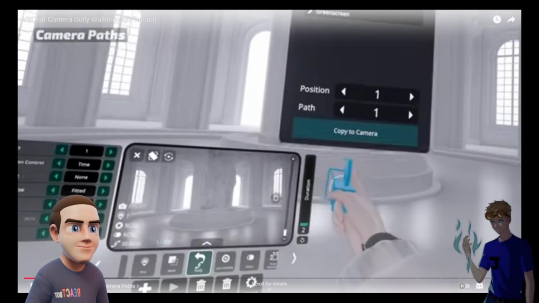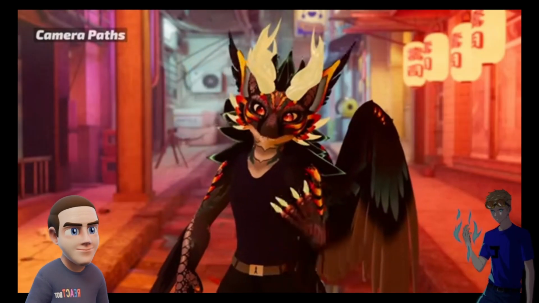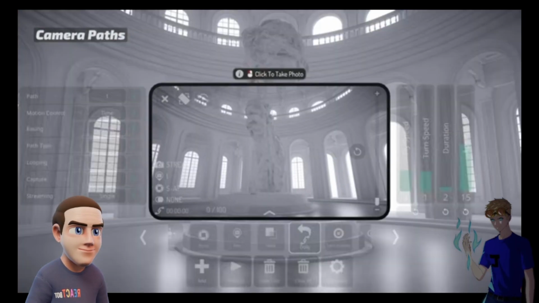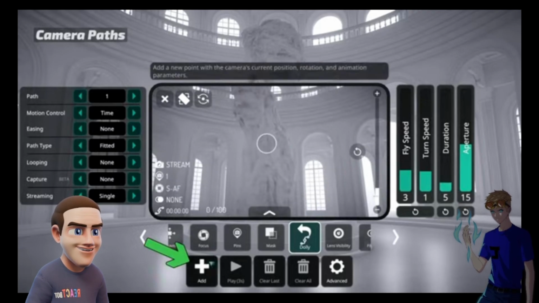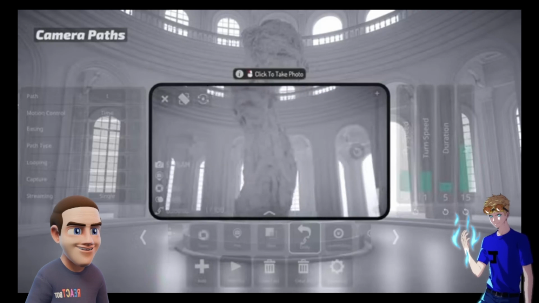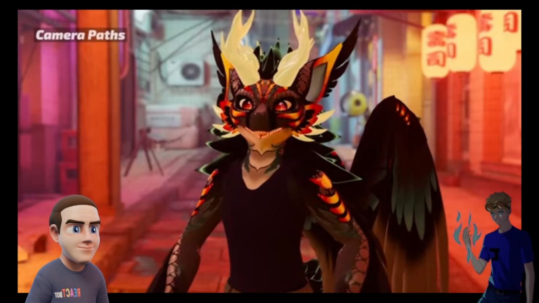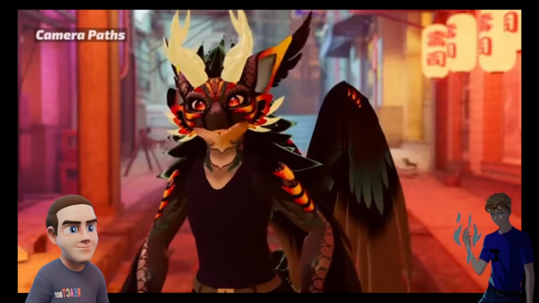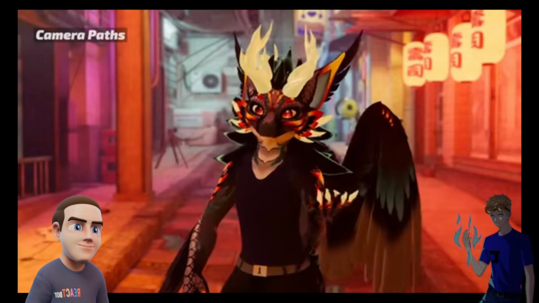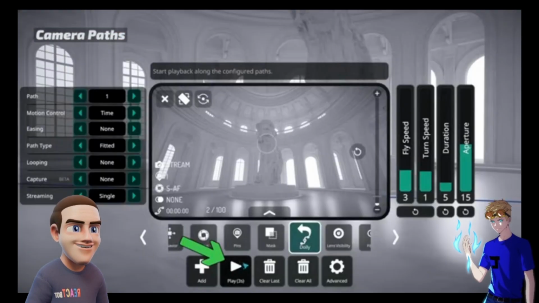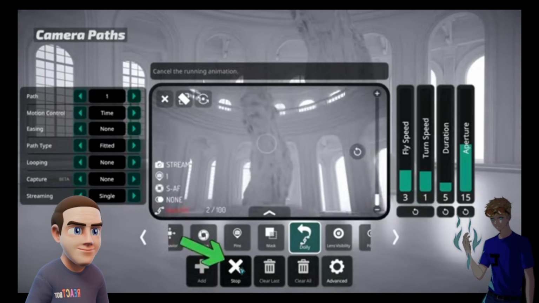Begin by setting up your camera to where you want your first point to start. When you add a point, it will use the values the camera is currently set to, such as its placement, zoom, focus, duration, and more. Click Add to place your first point, then move the camera, adjust values if needed, and click Add again. Also, while using the Camera Dolly, we've increased the fly distance much further than the regular camera, so you can position without restrictions. Once you have more than 1 point, the play button will become available. Click it to play the animation you just created. You can stop the animation while